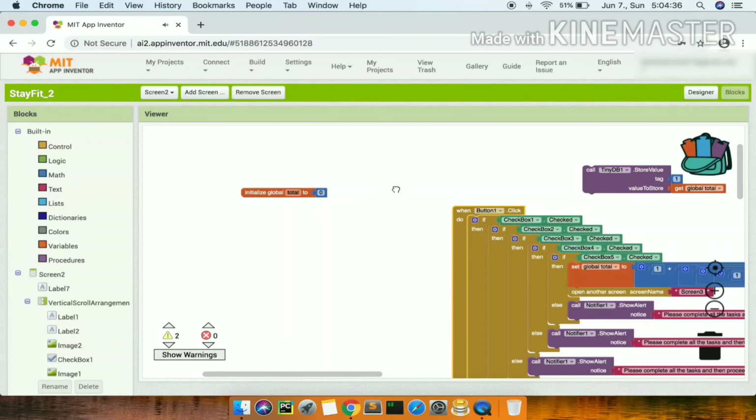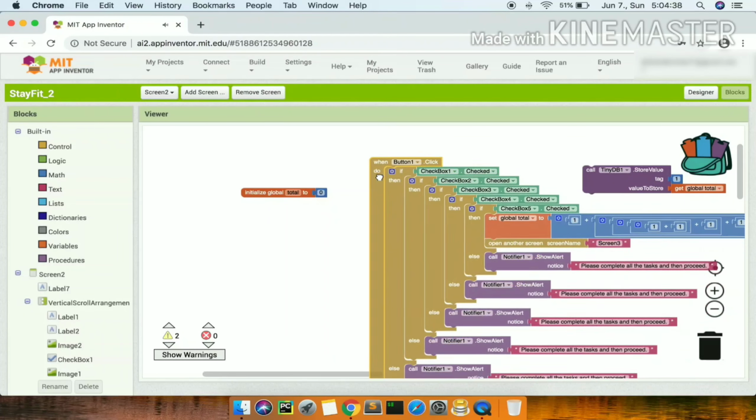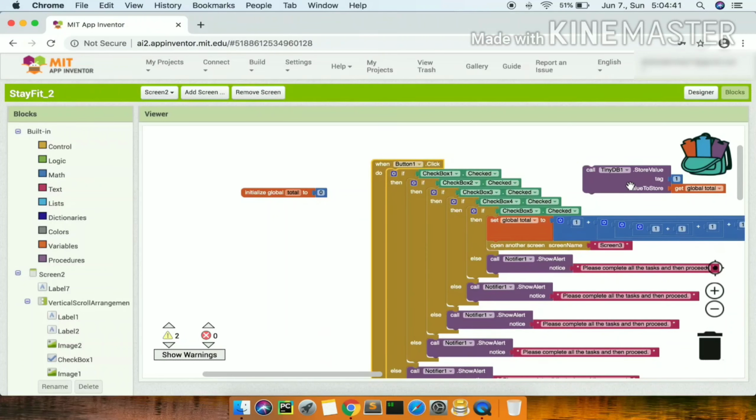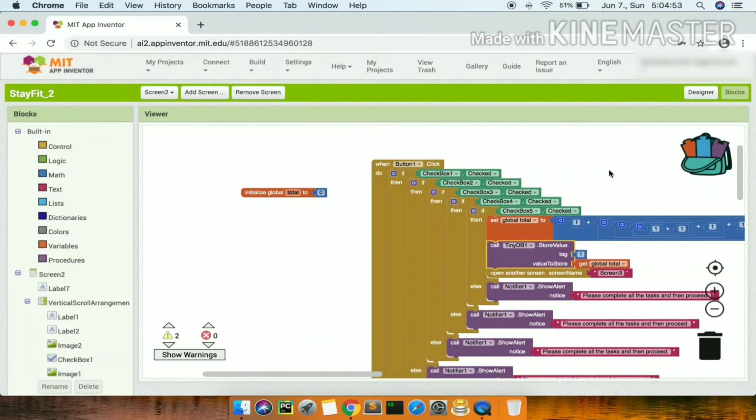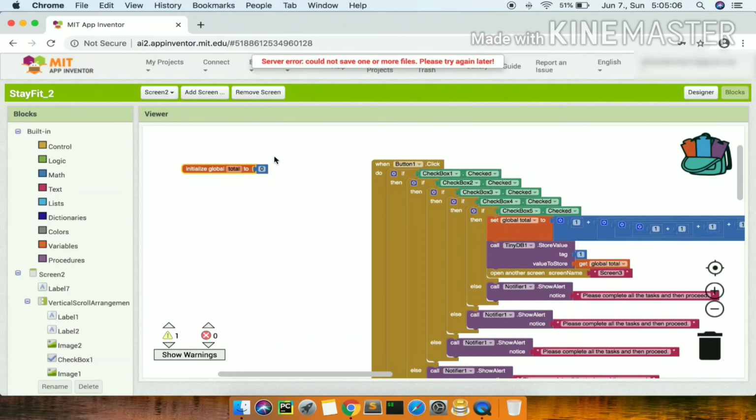Our program would be just this. But in MIT App Inventor, we don't have the liberty to choose a global variable for all the screens. So we are using tinydb for storing the score. Otherwise we could just show the value in the global variable on all the screens. So now initialize global total means we have put the value of the global total variable to 0.